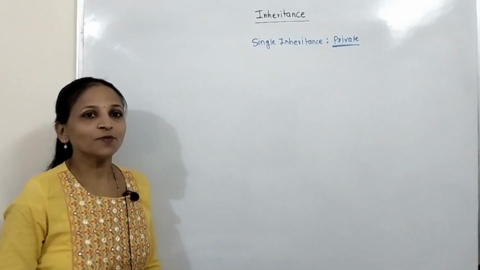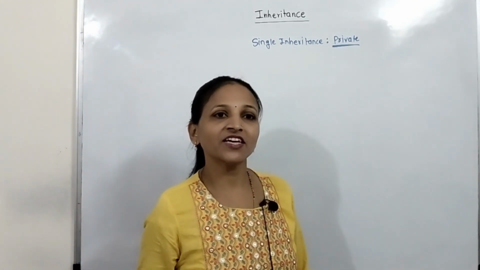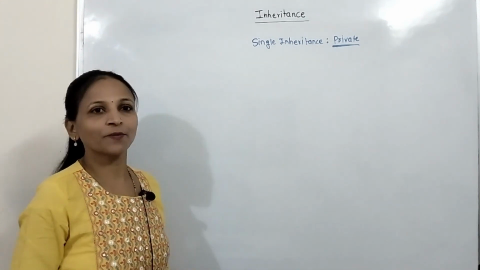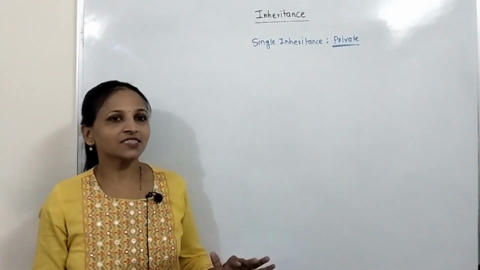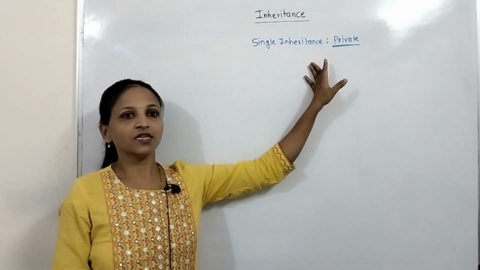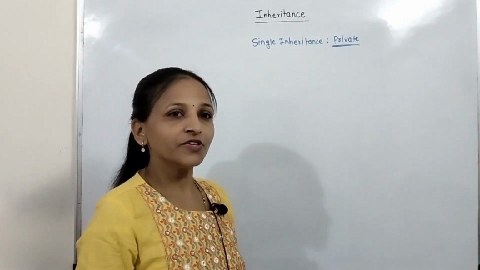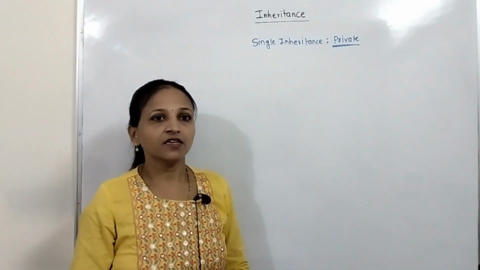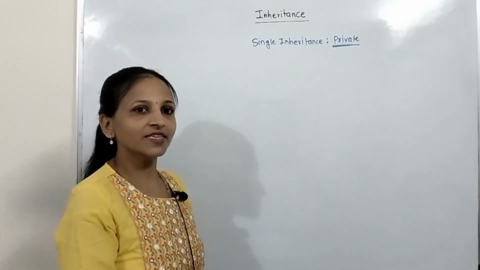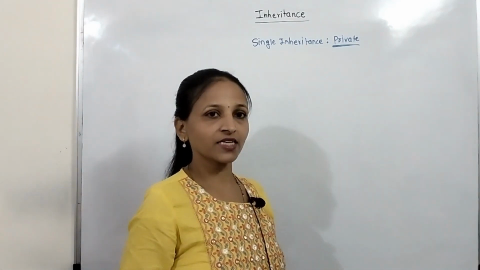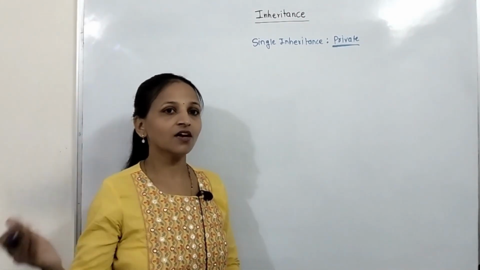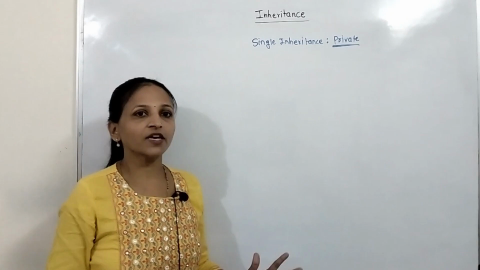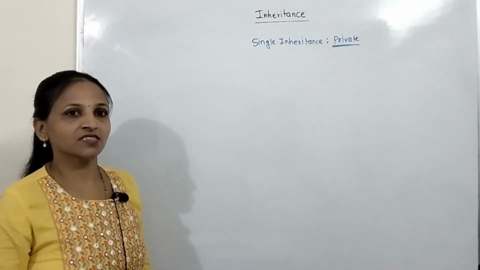Friends, in the series of learning C++ programming, in the previous session we have seen different types of inheritance. Now in this session I am going to explain one example of single inheritance, but there we will use visibility mode private. Now if visibility mode is public, then how we can access base class members in the derived class, everything we have seen in the first session. But here I am going to explain private inheritance.